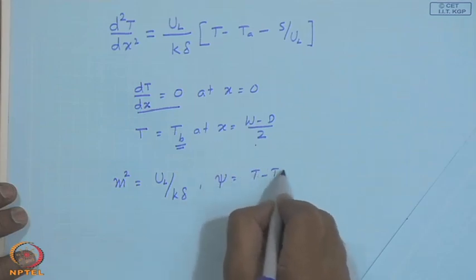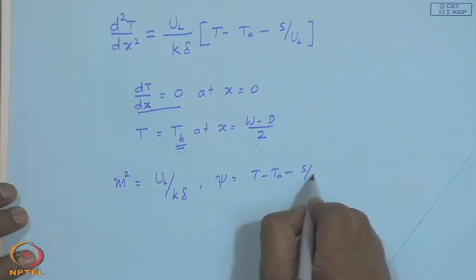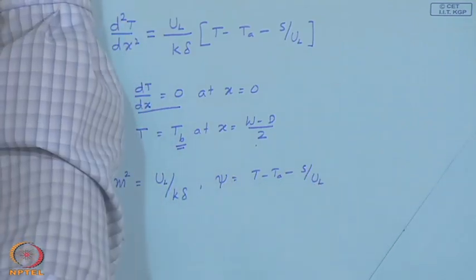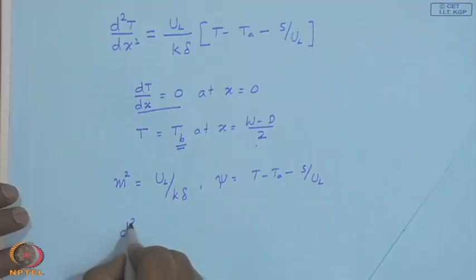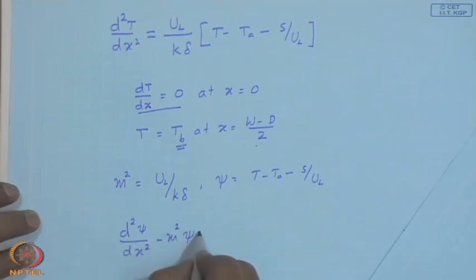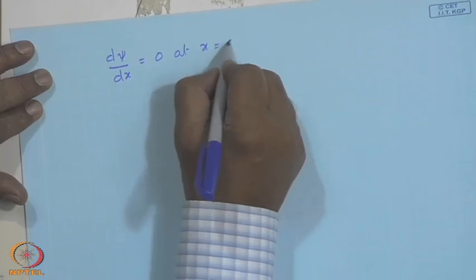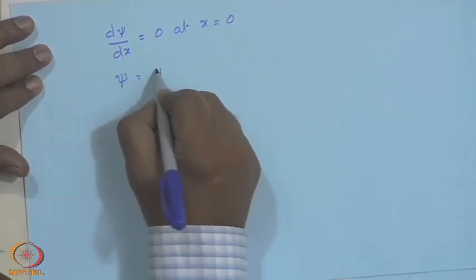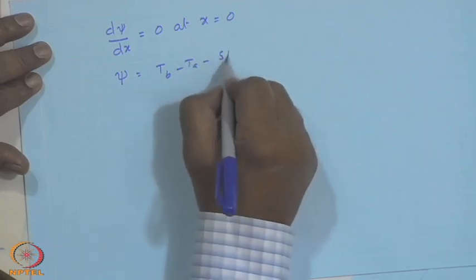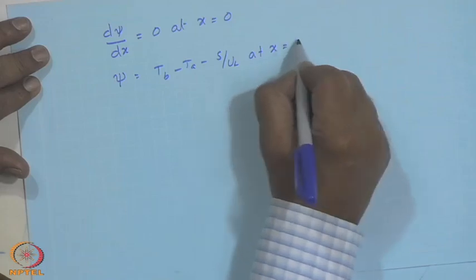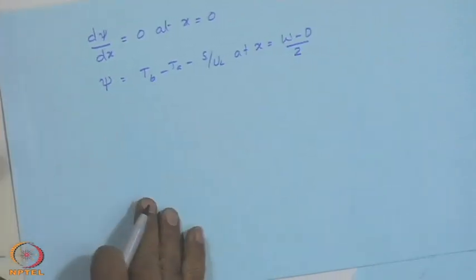And if you introduce m squared equal to U L upon k delta and psi equal to T minus T a minus S upon U L, this becomes the following equation, and the boundary conditions in terms of psi are as follows. So we have set up an equation